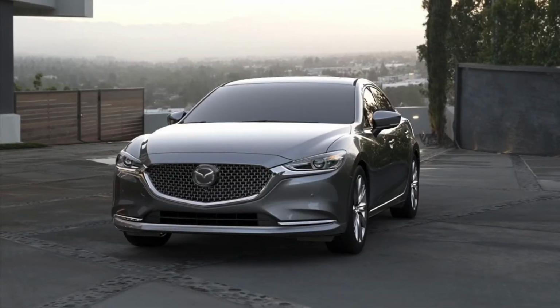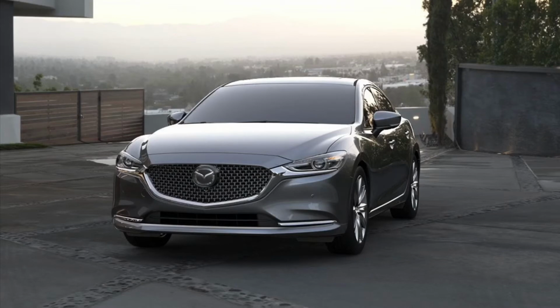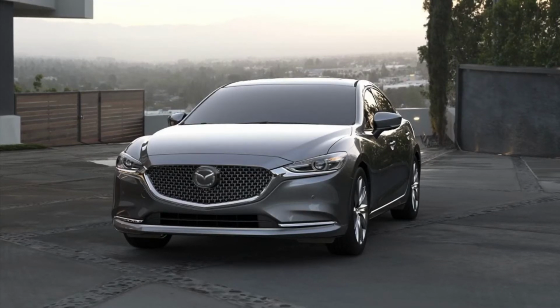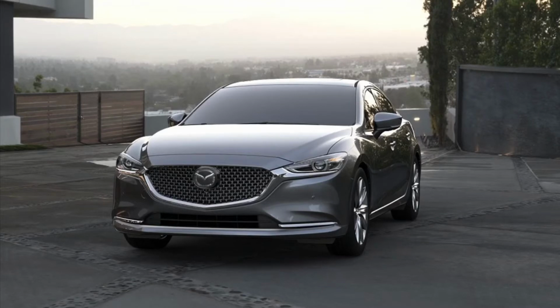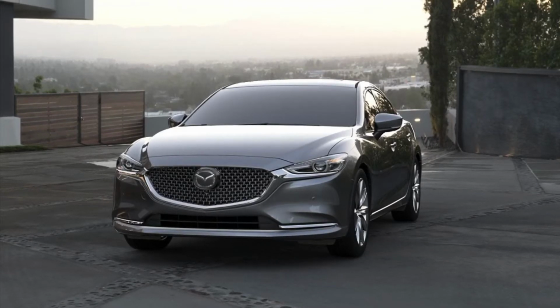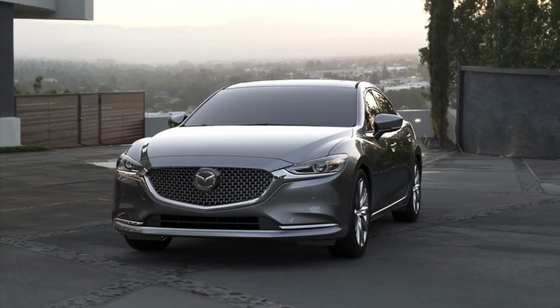So in this video we're going to be taking a look at the Mazda 6. The Mazda 6 is Mazda's largest sedan in their lineup. It is a mid-size family sedan that looks very upscale and premium and luxurious even, starting as low as